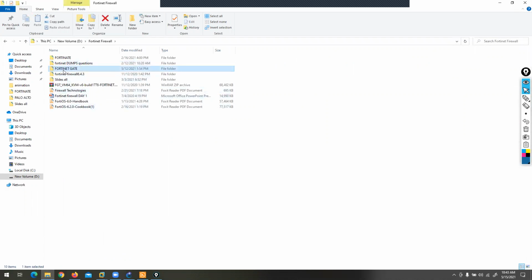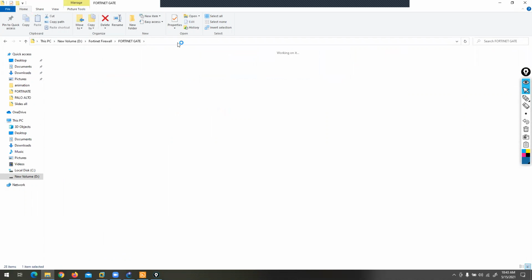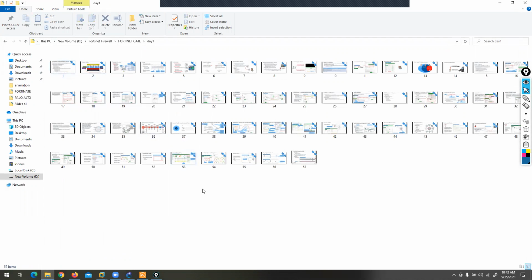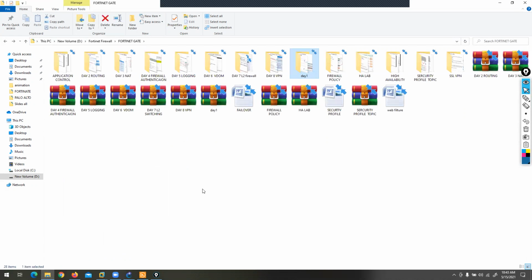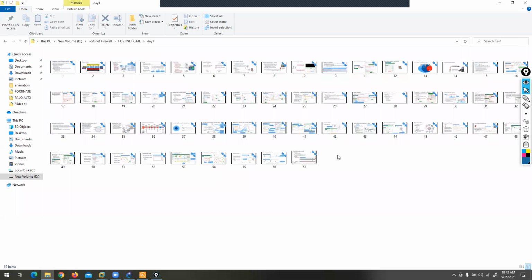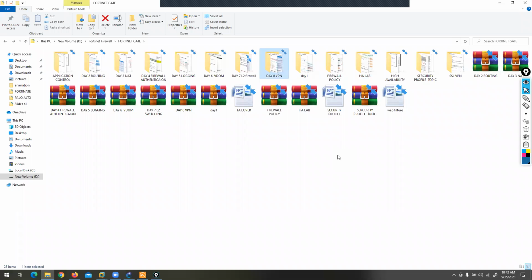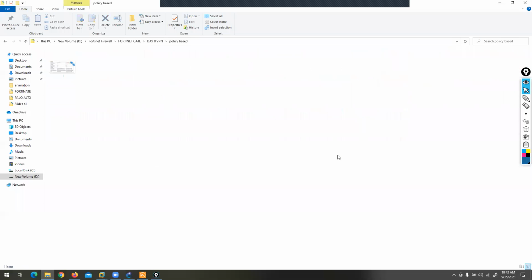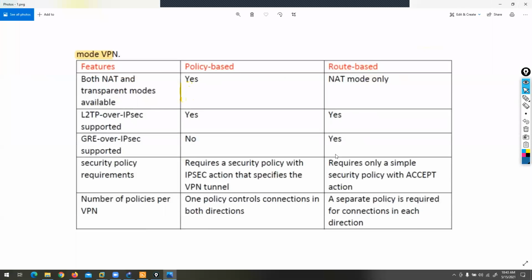Let's verify here. Where is the policy based and route based? Actually, we have three types, but template based I'm not discussing right now.